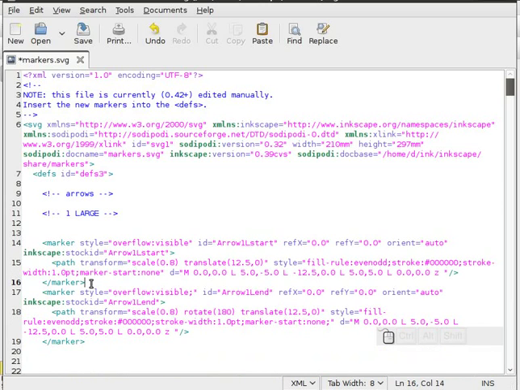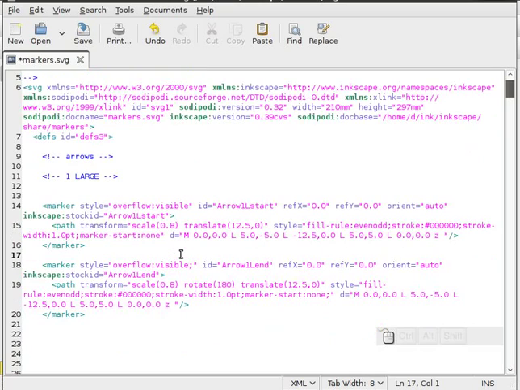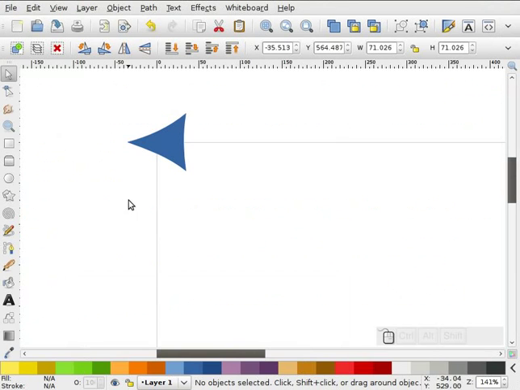And I'll go ahead and enter here. Okay, so this is going to be our starting marker. This is going to be our ending marker. Okay, so let's minimize. Let's go back to our shape that we want to make a marker, and I'm going